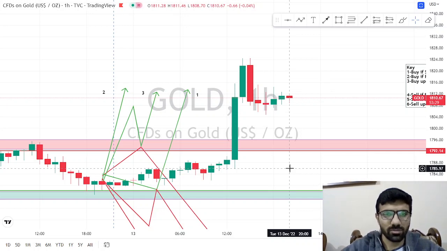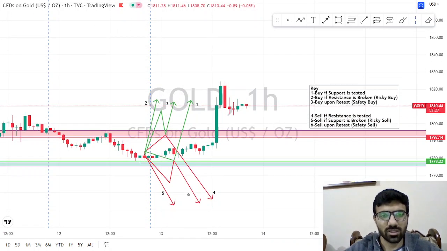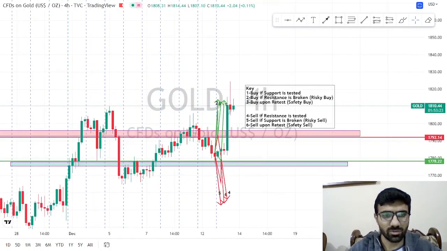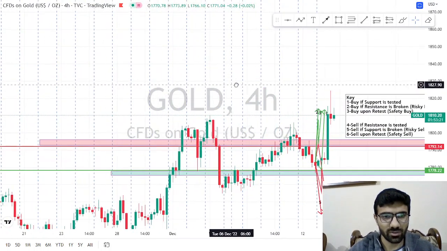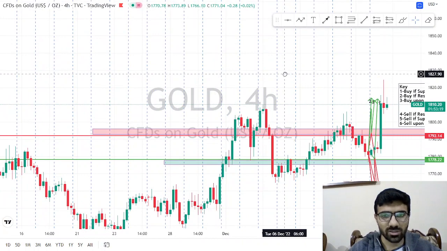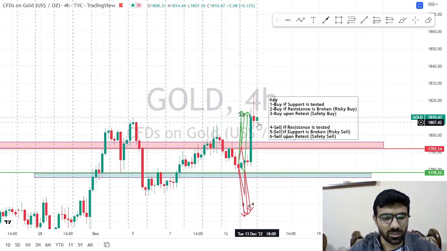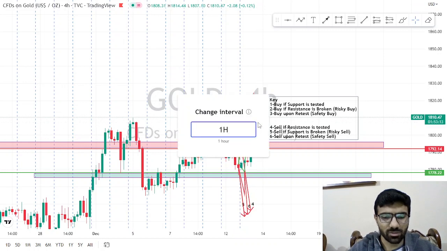Okay, so now let me zoom out for you guys to mark the new areas of support and resistance. So first of all, let us have a look at the 4-hour chart. Do we have anything recent available? As you can see, we do not have anything recent available,